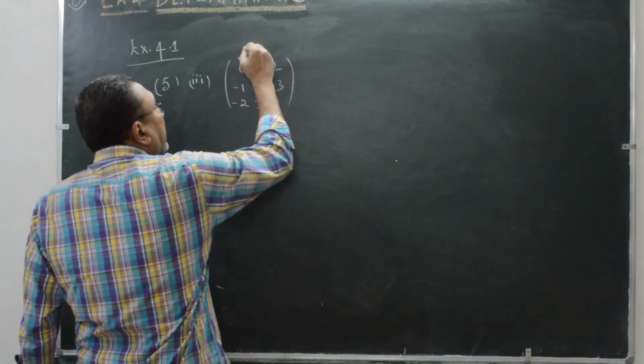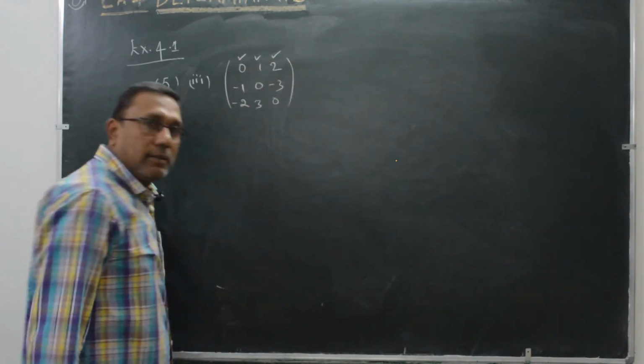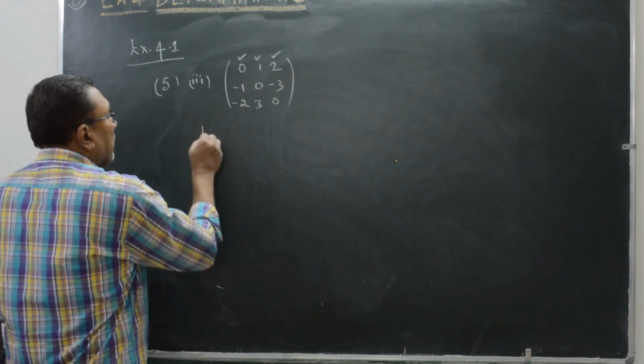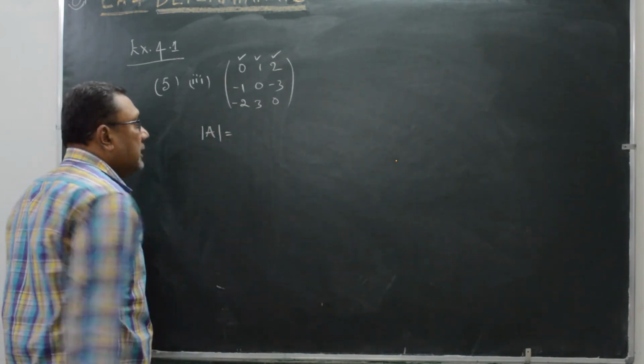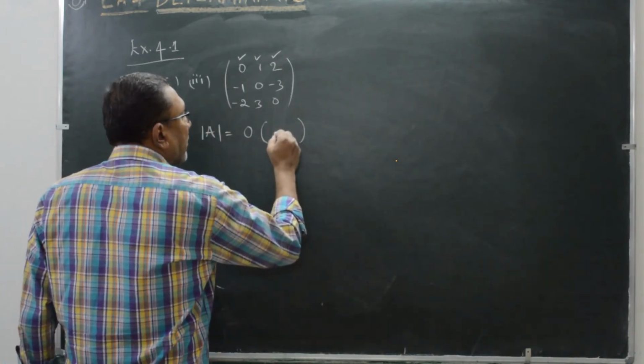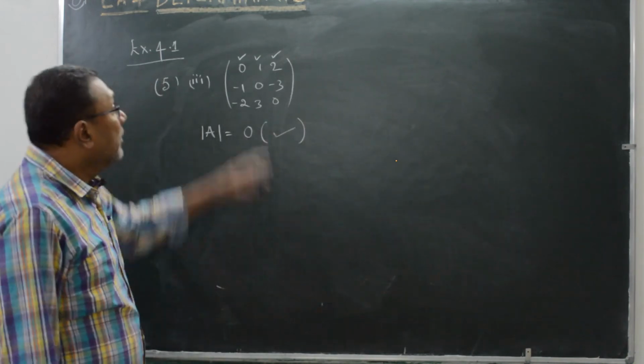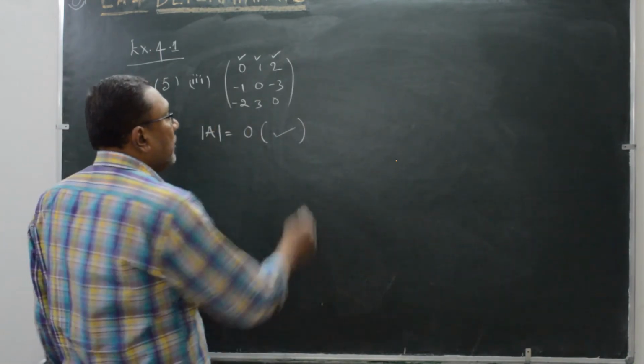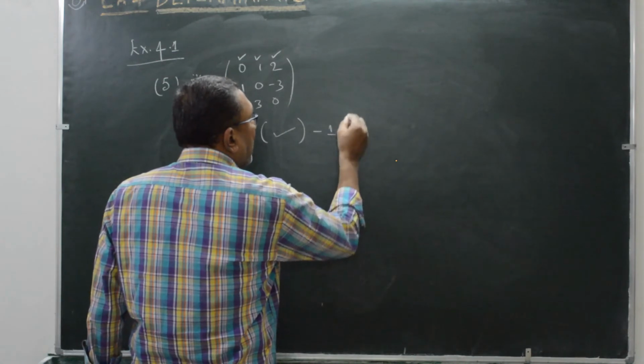Take it from the first row, right, 0 1 2. The determinant value: I am expanding with 0, everything will be 0, right, because you are multiplying with 0. So, minus 1, take minus 1 here,